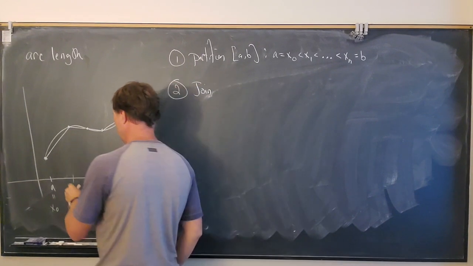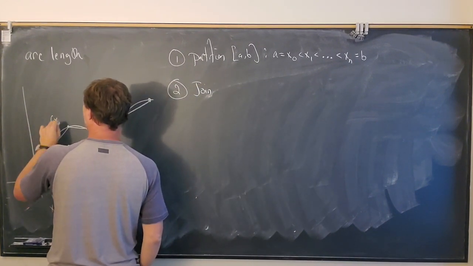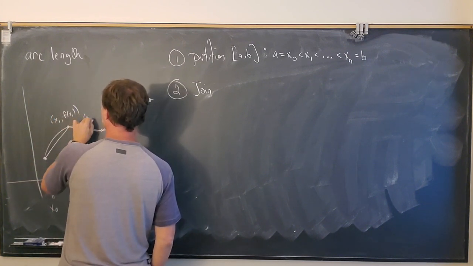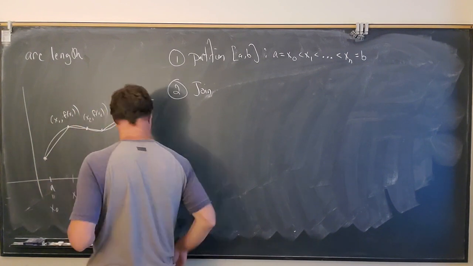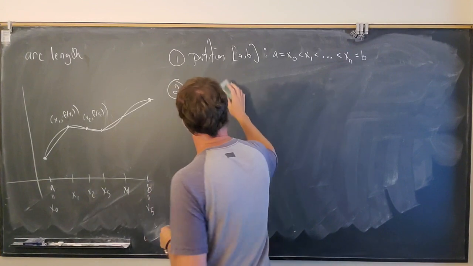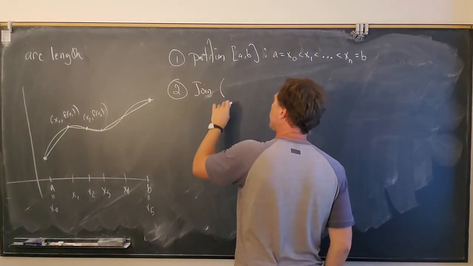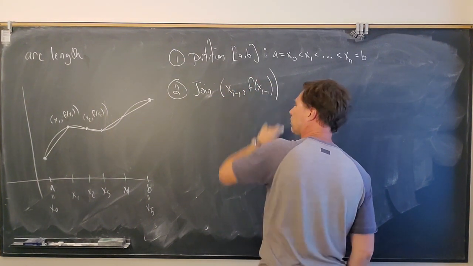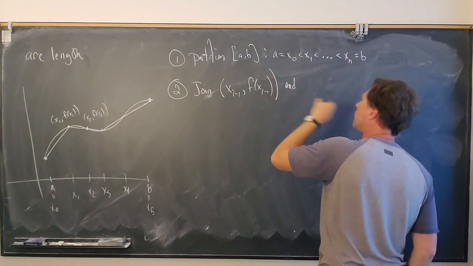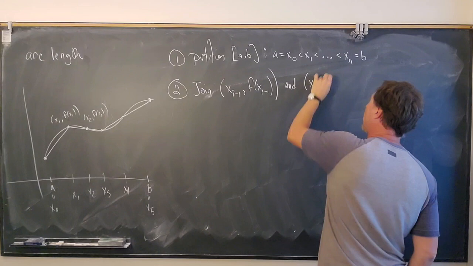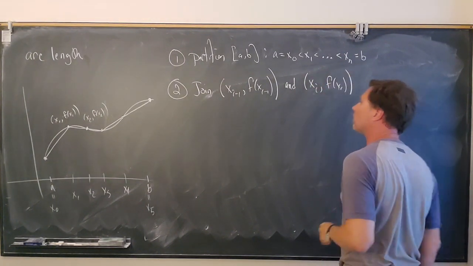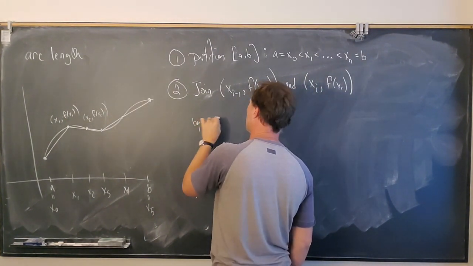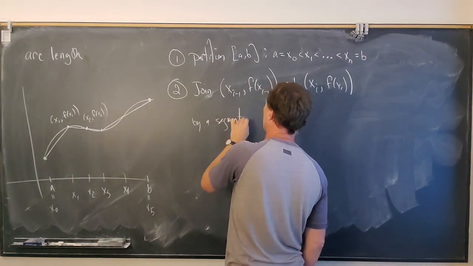So let's see, who is this point right there? x1, f of x1, that point right there, x2, comma, f of x2, etc. So let's say it like this, join the adjacent points, so that'll be x sub i minus 1, comma, f of x sub i minus 1, and x sub i, comma, f of x sub i, by a line segment. Its length